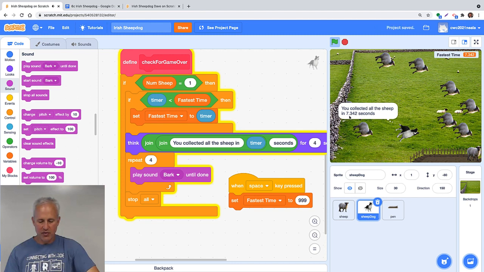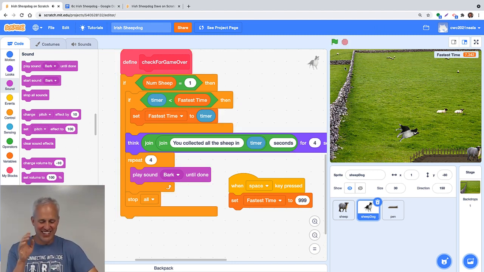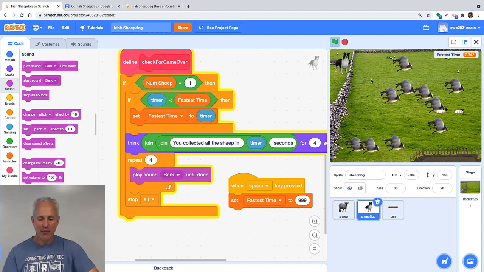So that took 7.342 seconds. And then the machine gun barking. That's fine. Now I'm going to quickly win the game. So you can see right now it's 7.4 seconds. But if I quickly win the game...